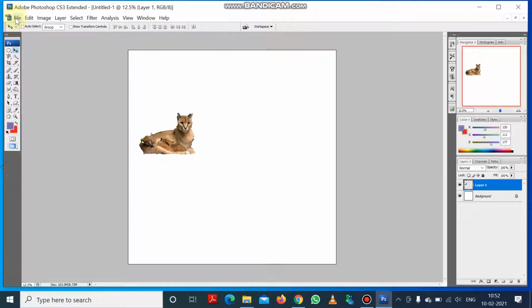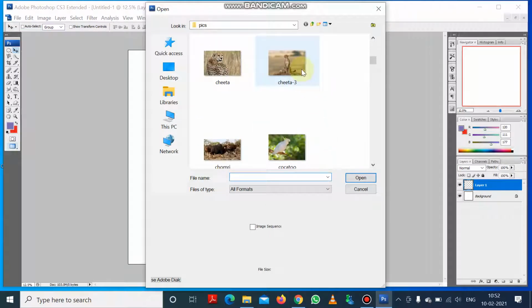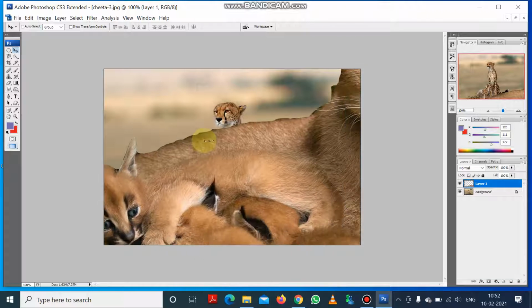Even also you can select the entire thing, and you can also move this thing accordingly, and you can cut it also, and after that you can open any other picture. Okay, suppose this picture you can open, and here you can paste it, and you can see that it has come.